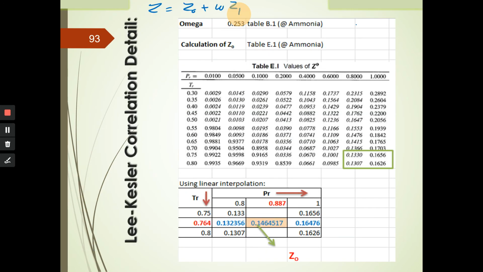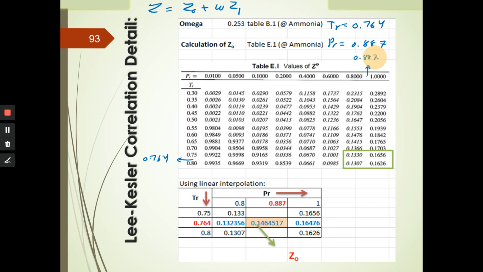Let me just write them down here: 0.764, 0.887. That is TR and that is PR. So we have to go and find out where this is. Around 0.764, it is somewhere here. 0.887 is in between 0.8 and 0.1. So you can see